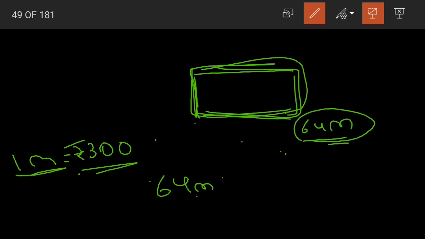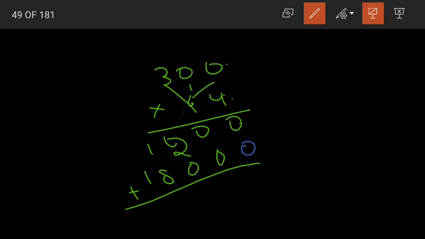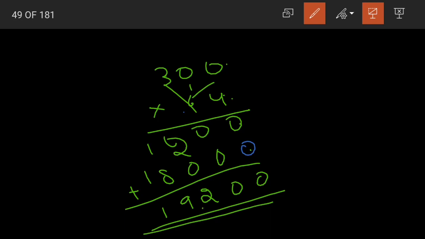We've already done a similar type in word problems of multiplication. Yes, the total number of meters multiplied by the price per meter. 64 into 300, that is nothing but 300 into 64. 4 zeros are 0, 4 threes are 12. Then for the next line, writing 0, 6 zeros are 0, 6 zeros are 0, 6 threes are 18. Adding these two partial products together, 0, 0, 2, 9, 1. 19,200 is our answer.